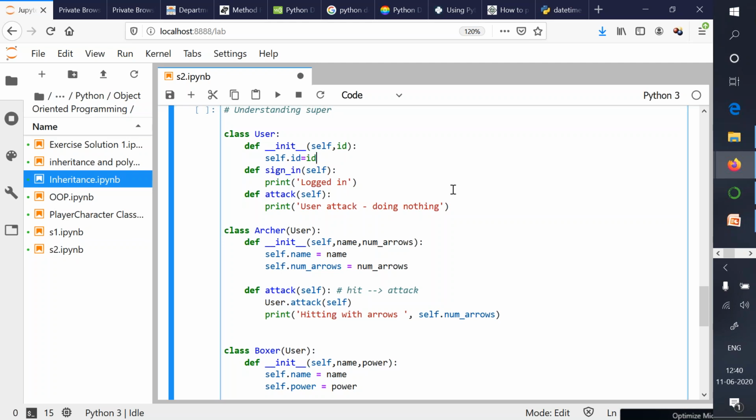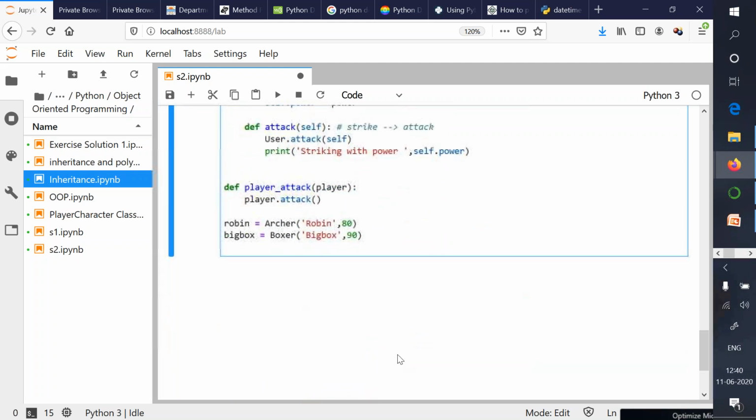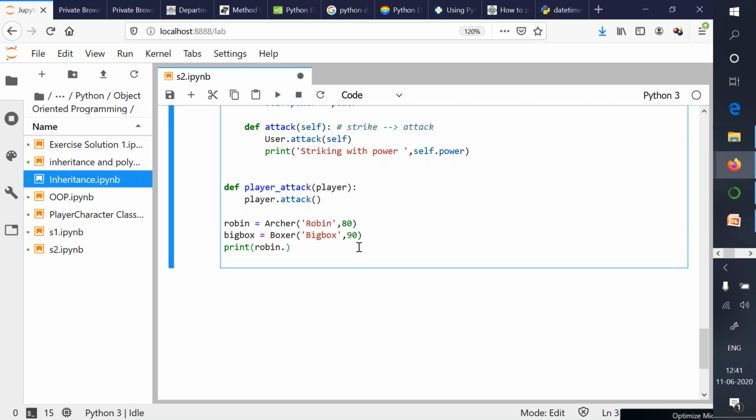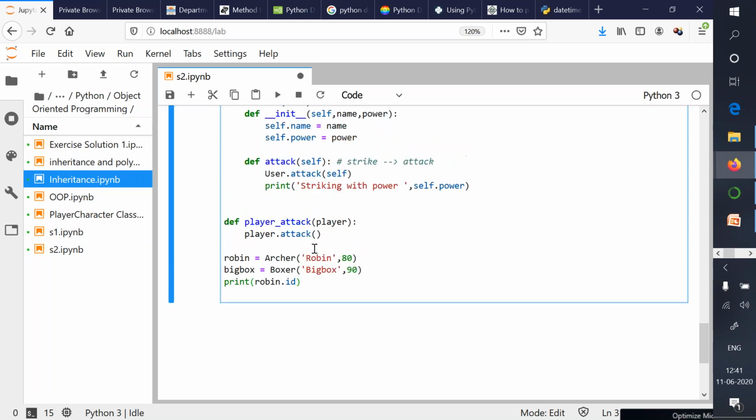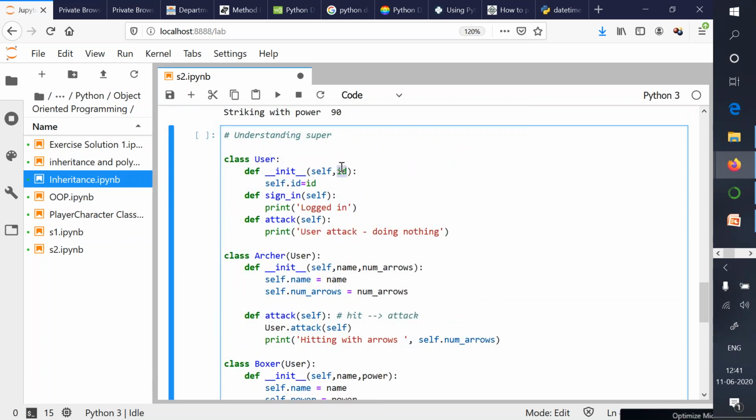So we created and associated one variable ID with the superclass, and we want this variable to be inherited by all the derived classes or subclasses. Now let's see whether this ID is available with Robin and Big Box. If I try to print Robin dot ID.